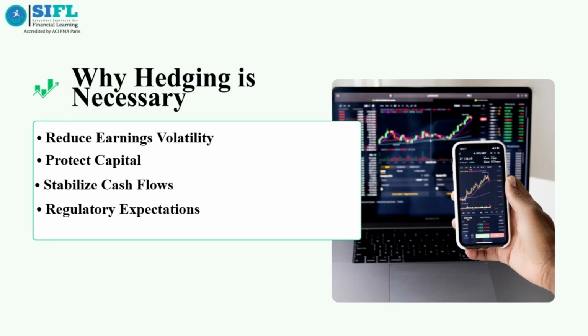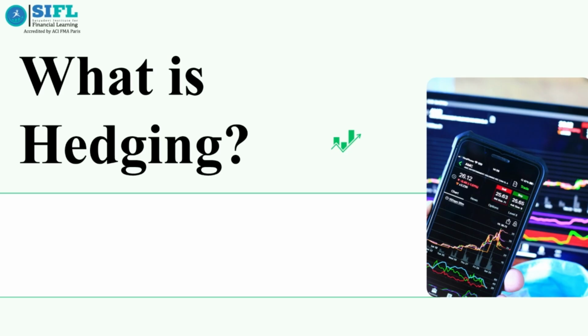It is important to remember one key point: hedging is not speculation. The goal is risk reduction, not profit generation. Hedging is simply about reducing risk by taking an offsetting position. When an institution is exposed to potential losses from an adverse market movement, it takes an opposite position that gains when the original exposure loses value. The objective is to offset adverse price movements so that losses in one position are partially or fully balanced by gains in another. It is important to understand